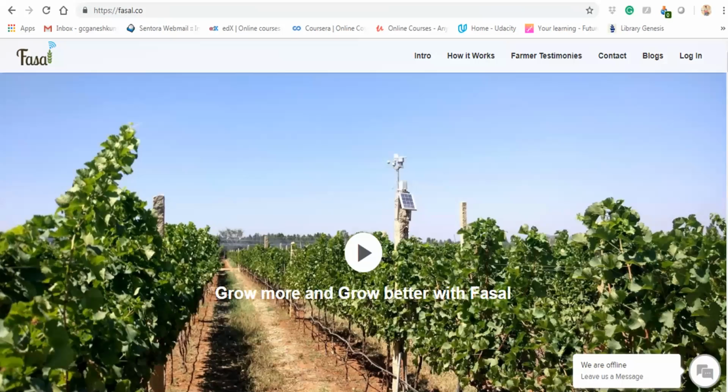Another one is called Fossil. They are using it mostly for grapes and other produce. They keep this product in your land, and based on the data collected from the sensors, like weather condition, soil moisture, and other things, they recommend to your mobile today how much water you have to put, what time you have to put it, and other fertilizer-related data you will get on the mobile.